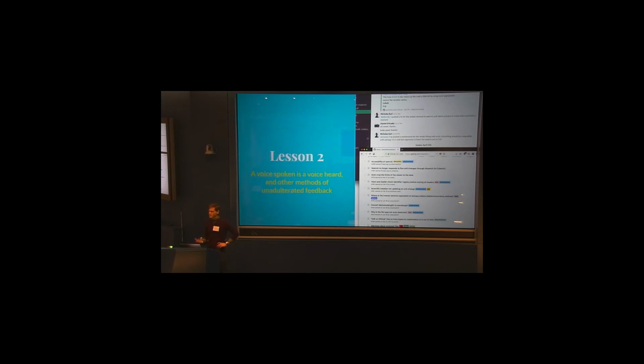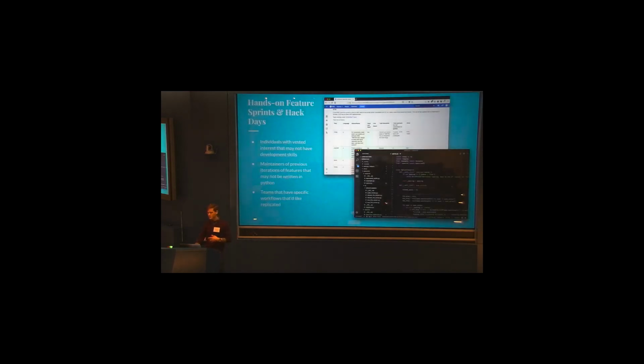So it was very important that we be aware that we are pretty much invading scientists' spaces in terms of their nominal stacks that they use to do their own science and spectral analysis. So what we've done, obviously, is open up our Git issues, Slack channel, mailing lists, things like that to get people involved. But one of the biggest things that we found worked well is to have these hands-on feature sprints